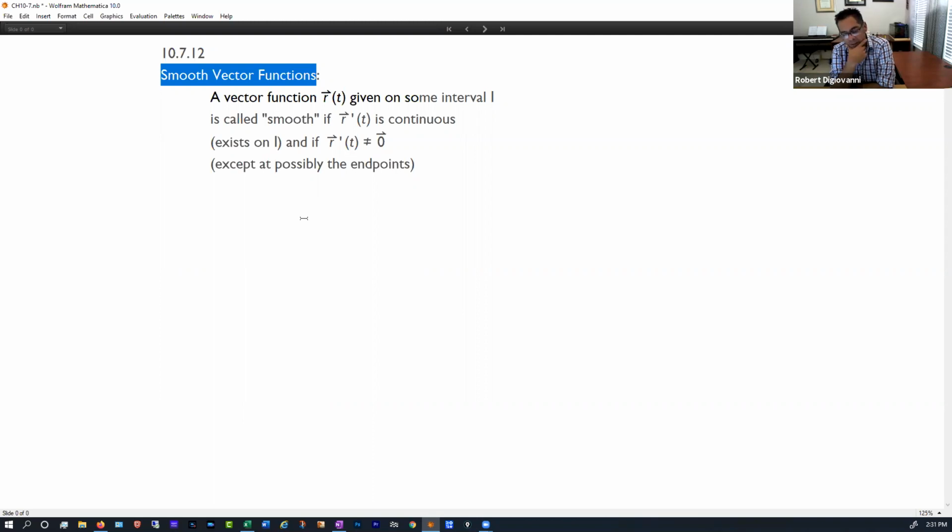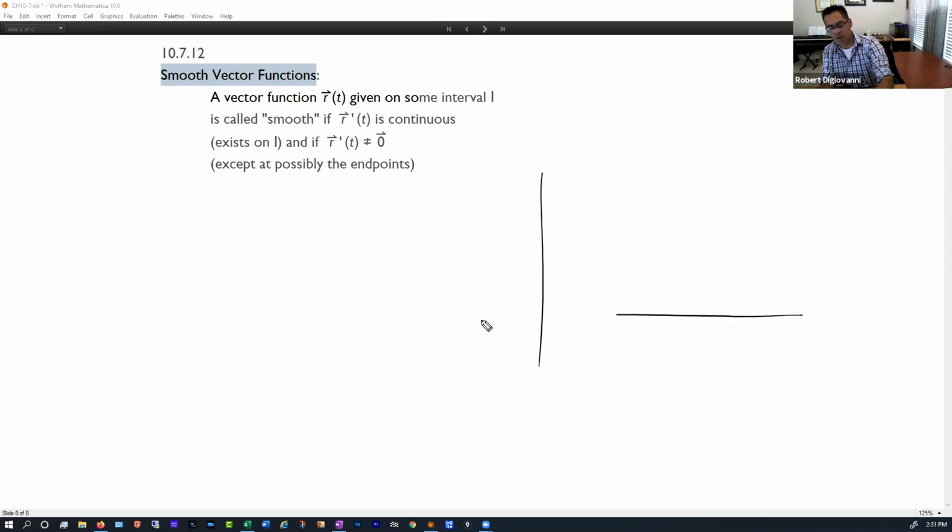Okay, wait a minute, what? In order to be called smooth, your first derivative can't be 0. If your first derivative is 0, then the vector function is not smooth. That's kind of weird because, again, if you think back to Cal 1,